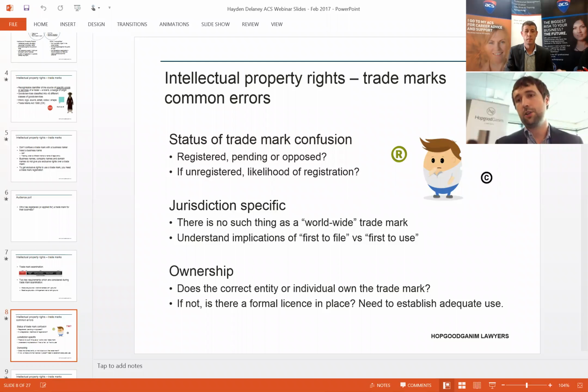The other point to think about with trademarks is that they are jurisdiction specific, okay? You don't have a trademark on a worldwide basis. There's no such thing as a worldwide trademark. Trademarks are jurisdiction specific, and countries are divided into two categories. You're either a first to file jurisdiction or a first to use. In other words,